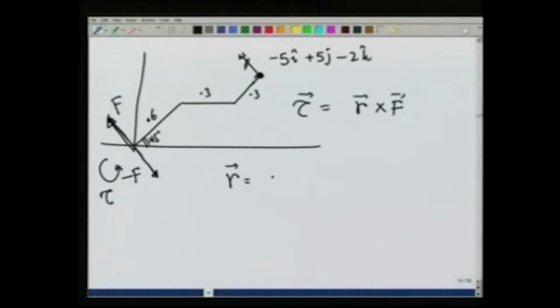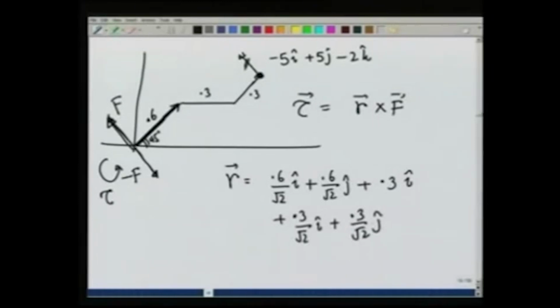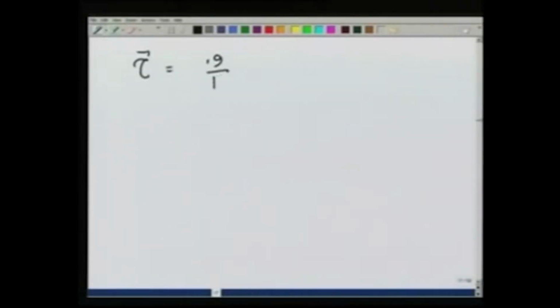It is going to be equal to 0.6 over root 2 I plus 0.6 over root 2 j, that is the vector from here, the first part of the gear handle, plus 0.3 I plus 0.3 over root 2 I plus 0.3 over root 2 j, and therefore, the total vector is 0.9 over root 2 plus 0.3 I plus 0.9 over root 2 j,